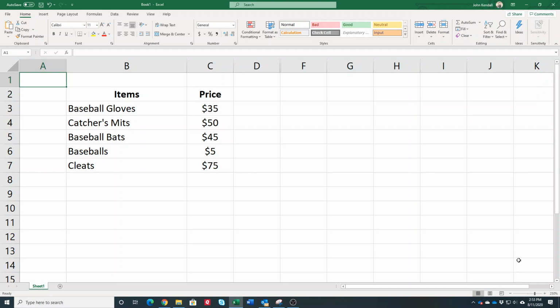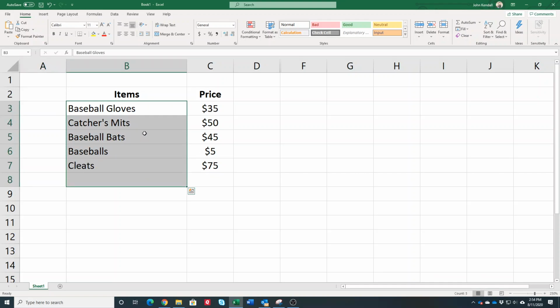What this video is going to show you is how to use a function in Excel called the offset function. It's a very powerful function that allows you to create dynamically varying arrays or matrices. And I'm going to start off with something very simple and show you how it can be used and the value of it. So let's say you have a list of items for sale, and in this I went with